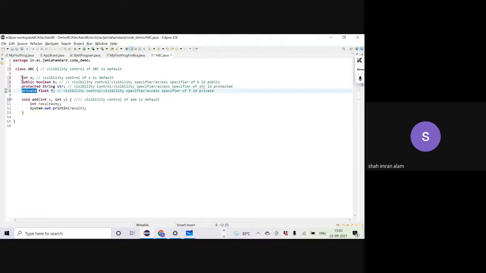If there is no keyword, so I have not put any keyword before int x, so default visibility control of this x is default by itself. It will be called as a default visibility control, but it won't have a keyword.